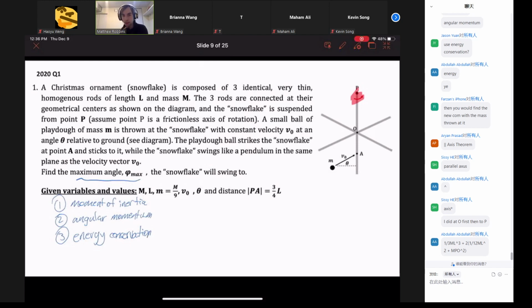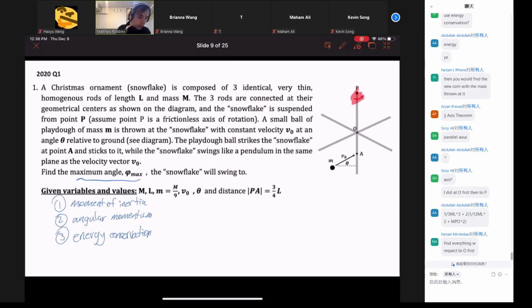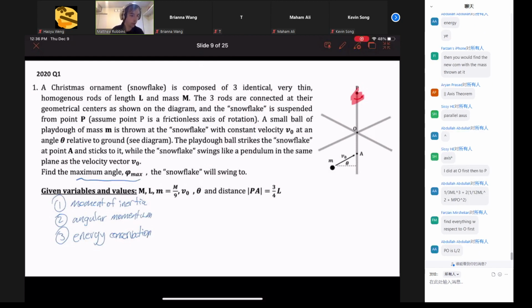Right, so as was indicated in chat, someone wrote down the final answer. Yeah, seems about right. I didn't actually write down the final answer myself, just wrote down the steps, but that does seem like the moment of inertia. Though one of the properties of a moment of inertia is,